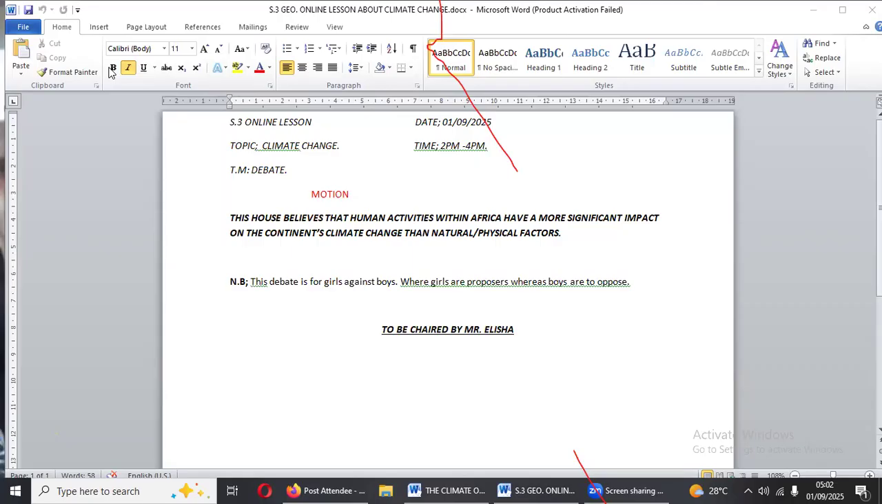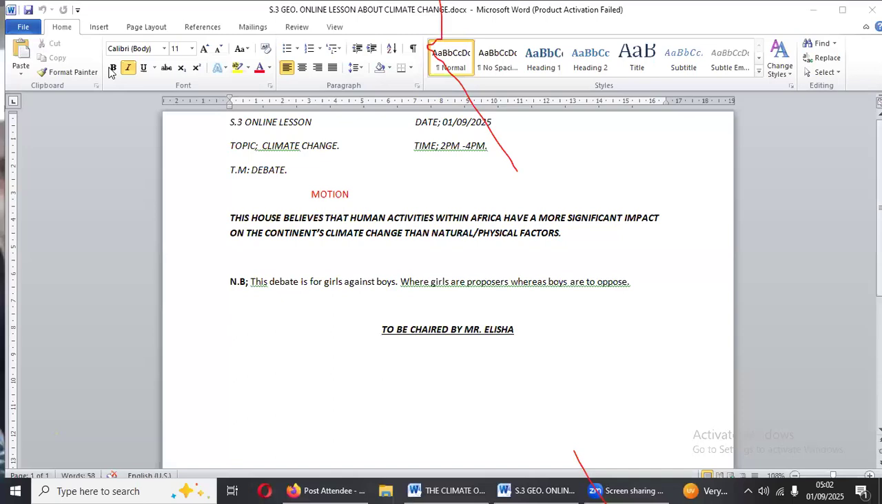Natural factors. These include ocean currents, wind, solar radiation and natural global factors, and also volcanic activity. Now, I will start by saying, my first point is, here in Africa, did you